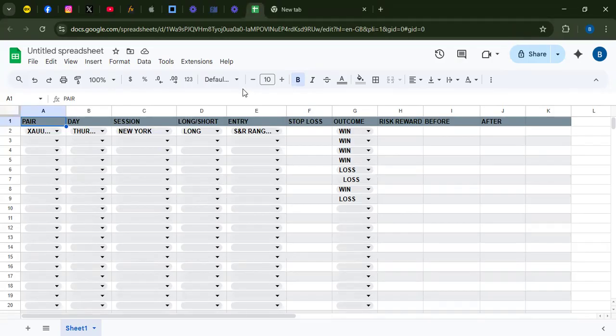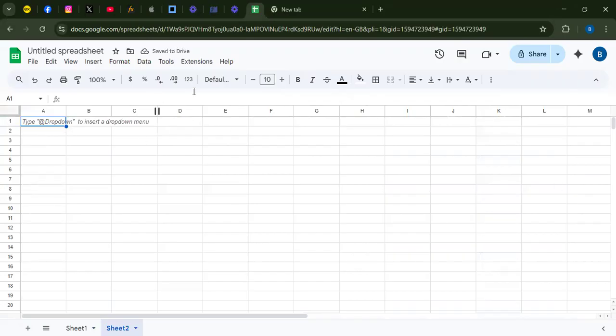Google Sheets. So you just go on your browser, Chrome or Internet, and search for Google Sheets. Then when you open it, it will be something blank like this. So the first thing that you want to do when you open your Google Sheets,